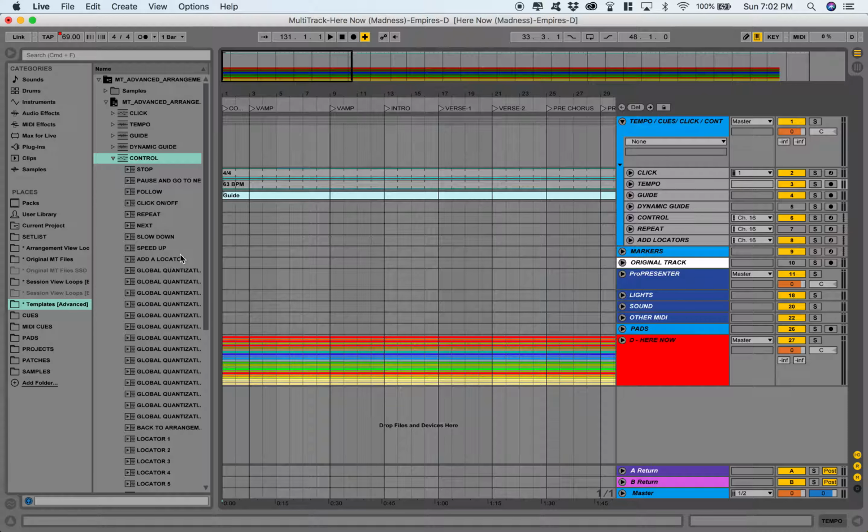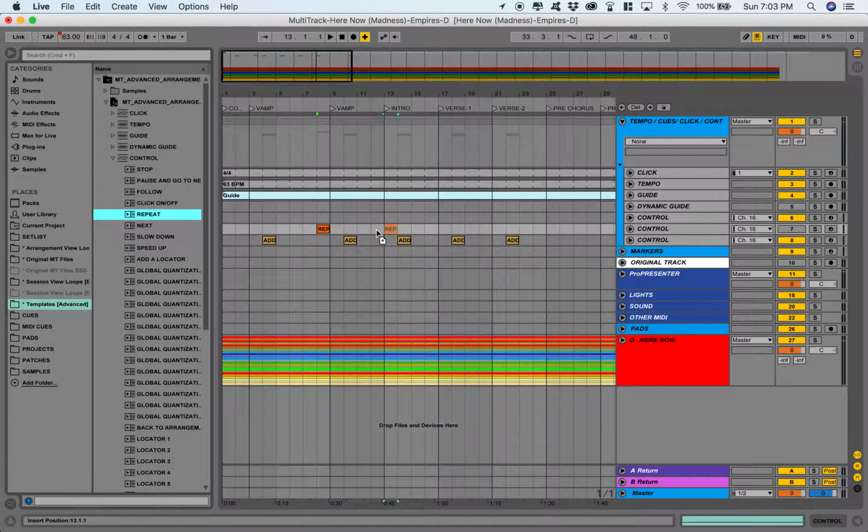The ones that I use every week is add locator. And you want to put this in the line that says add locator, one bar after the marker. So you can add them individually like this, or you can hold the option button and drag it. It just copies it. But what will be easier is what I'll show you in a second. And I want to do repeat in the repeat line, one bar before,